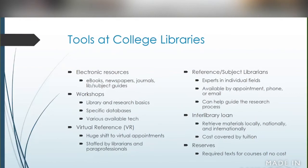Another big push recently has been virtual reference, or VR, as librarians tend to call it. And there's been a huge shift to this since March. A lot of librarians already have virtual reference systems, but they were somewhat basic. So come March, towards the tail end with COVID really affecting the states, we all had to hit the ground running with revamping our virtual appointments, how we handled just the flow of chat and conversation. And now we have a pretty well-functioning virtual reference system at Mason, I like to think, that is staffed by